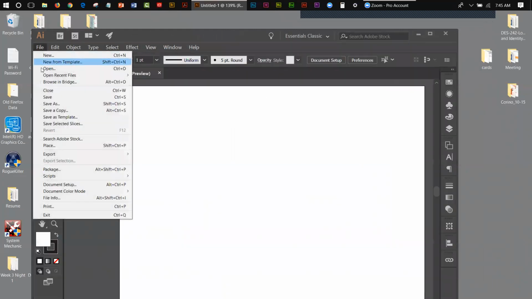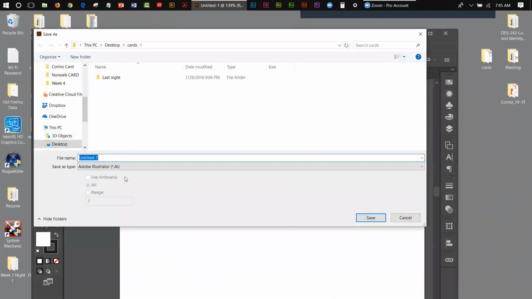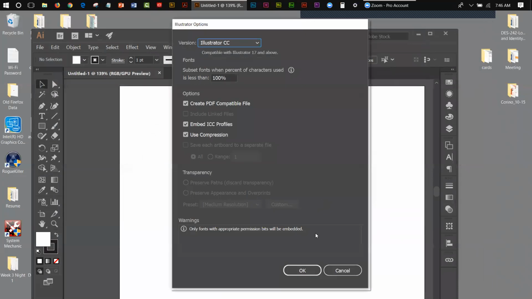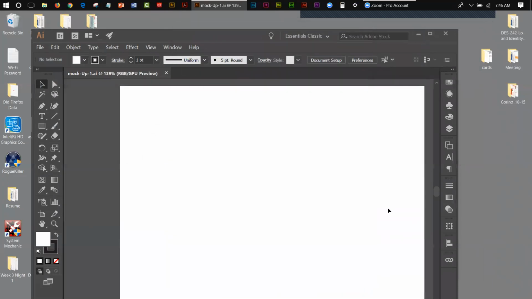I'm going to go File, Save As. I'm going to call this mock-up 1, okay, because I'm going to end up with three of them. All right, so there's mock-up 1, and hit OK. I'm not changing anything. All right, so the first thing I'm going to do here is get